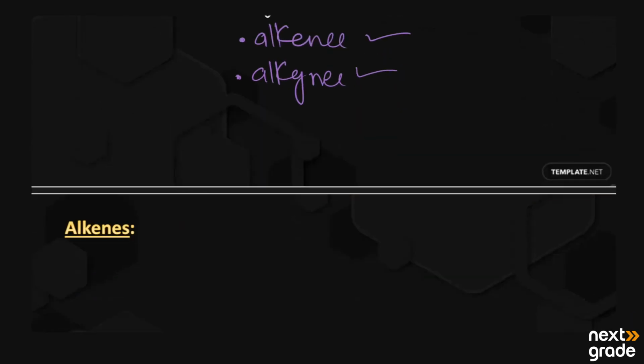Basically, alkenes are hydrocarbons. The first main thing is that they are unsaturated hydrocarbons or organic compounds, and these unsaturated hydrocarbons have a double bond